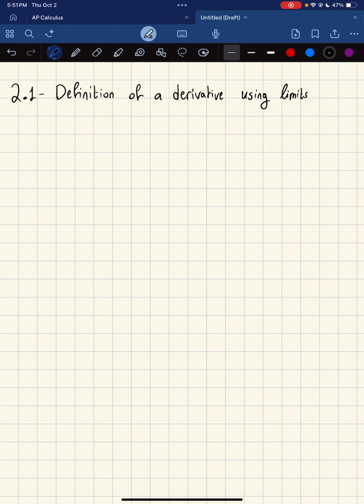In this video, we're going to be talking about the definition of a derivative using limits, which is lesson 2.1 from the AP Calculus course. So let's first of all take the example of f of x is equal to x to the power of 2. So basically the derivative of f of x equals x squared is going to be 2x. So in this lesson, we're going to be talking about the main formula, which is limit as h